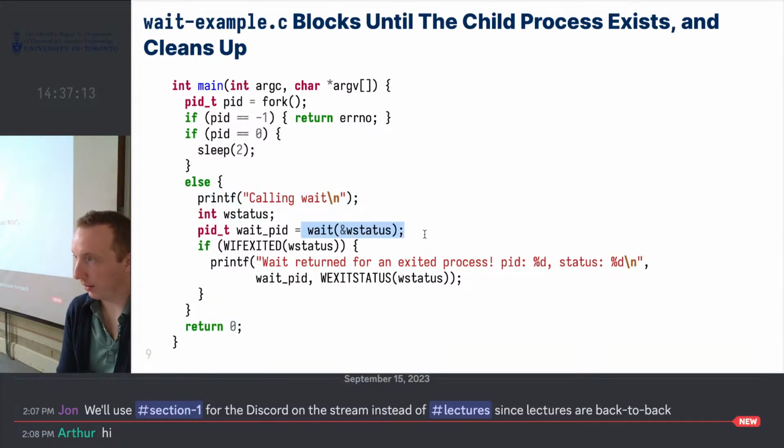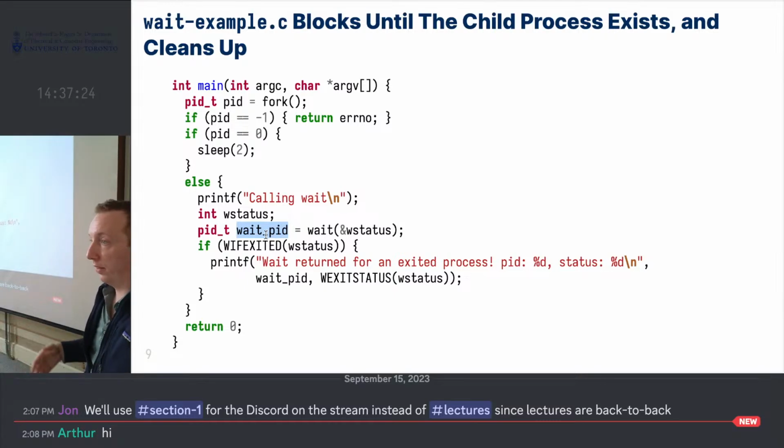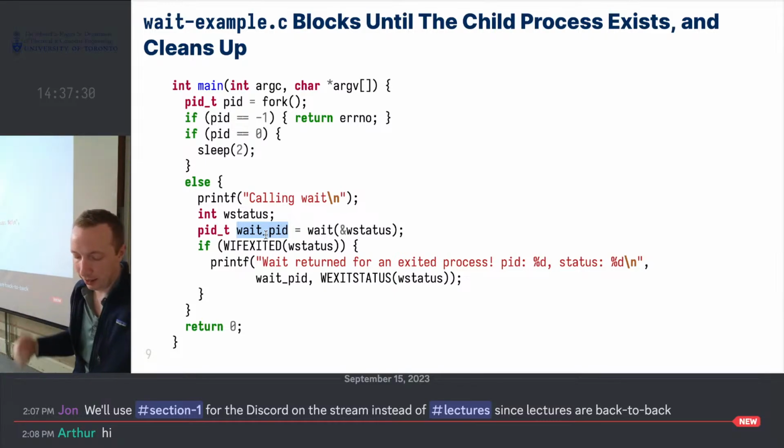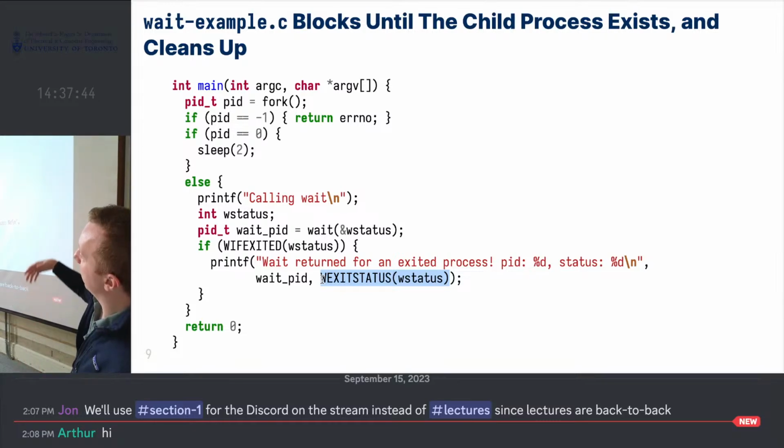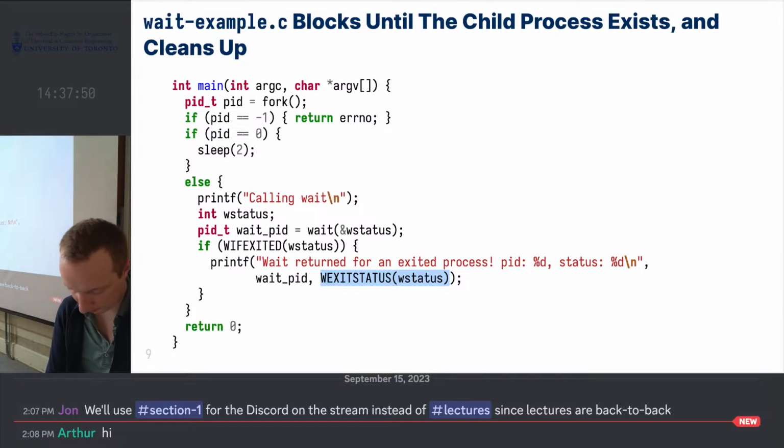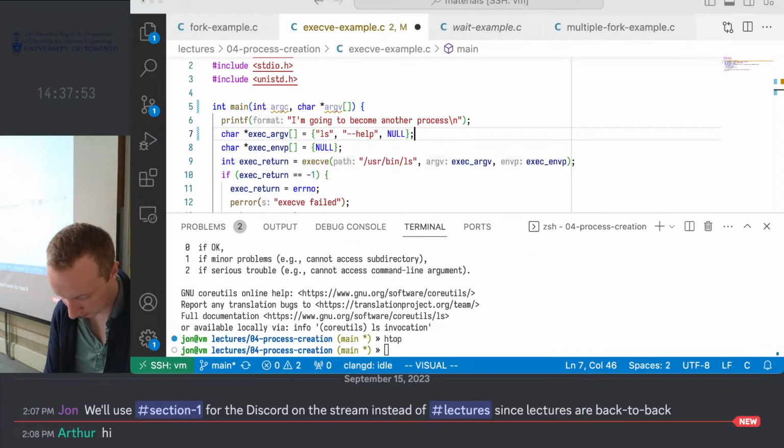Now in the parent, I wait. So this should just block until my child actually exits, which should take 2 seconds. And then it should return the process ID of the child that exited. Well, I only have one child in this case, so if it returns, it's hopefully the one I created. And then I use this macro here. There's a WIFEXITED, so that will tell you if the process has exited. And if the process has exited, you are allowed to use this macro to read its exit status. So I just print wait return for an exited process, what its process ID was, and then what its status was. So if I go back to it,